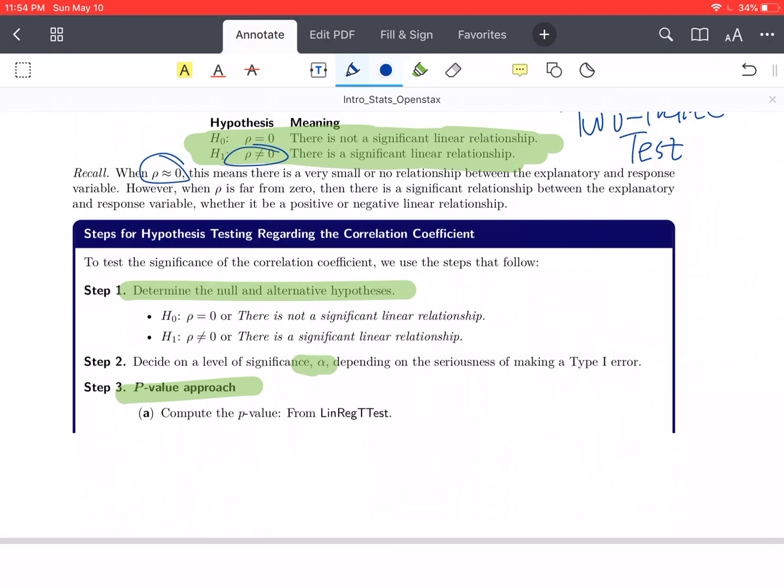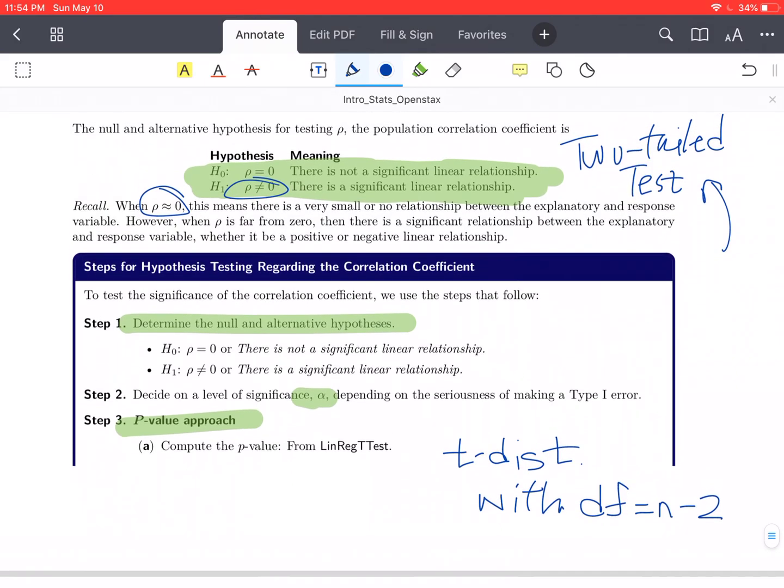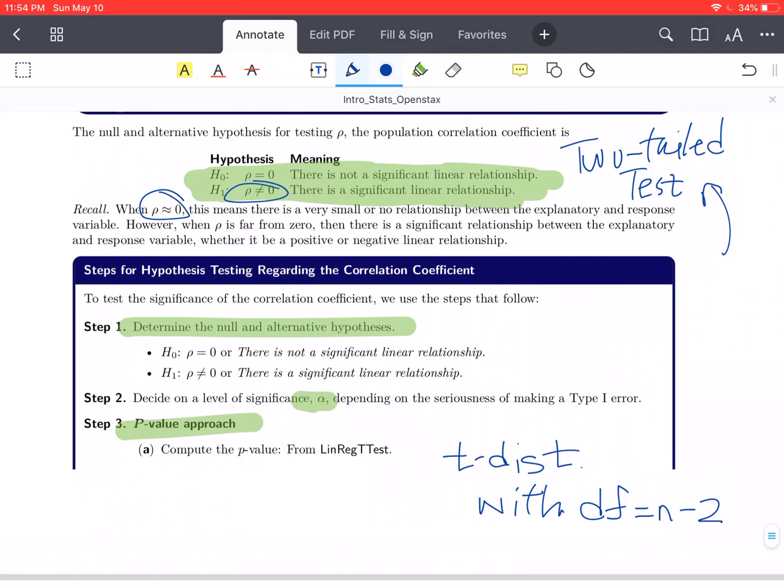We are going to be using a t-distribution for this, and our degrees of freedom, because we do need degrees of freedom for a t-test, is going to be n minus 2. Again, from up here, it's a two-tailed test, and it's a t-distribution with degrees of freedom n minus 2,